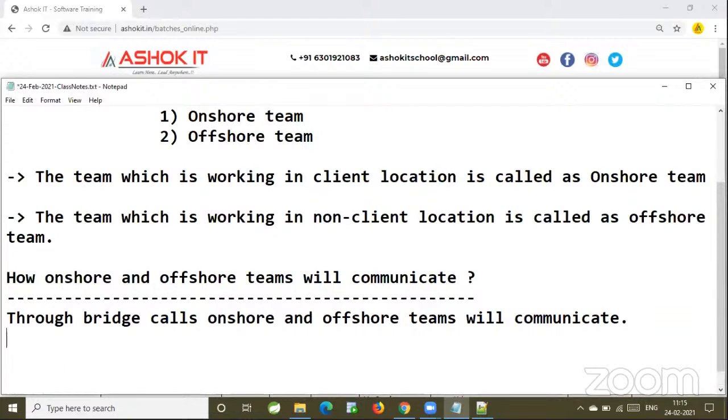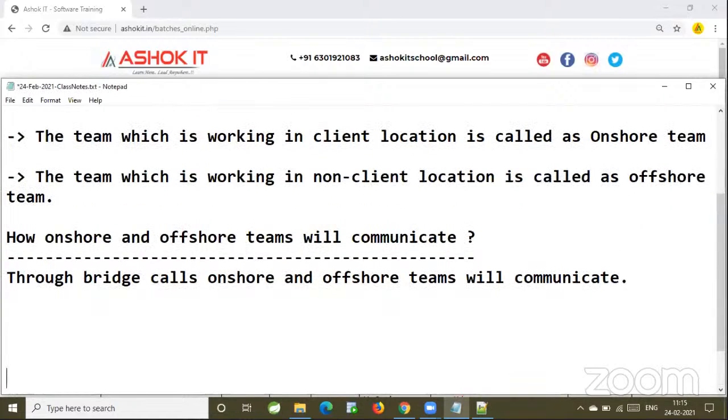So what is a bridge call? Could you please tell me what is a bridge call? Like a conference call in Zoom or Microsoft Teams meet. How are we having this Java real-time project class now? We are in different locations.